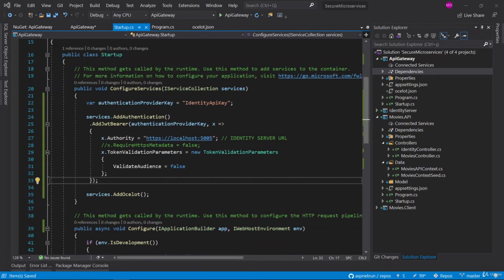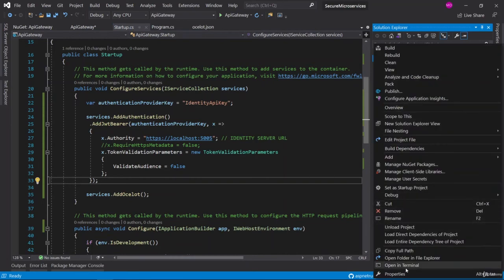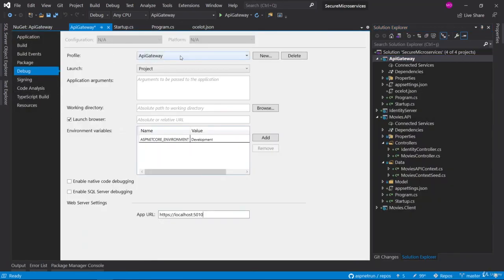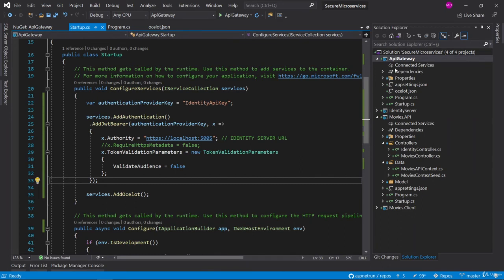Okay, now let me check our run profile and run our project again. Debug profile API gateway, and we are running on 5010. Save all, and finally we can run our application.